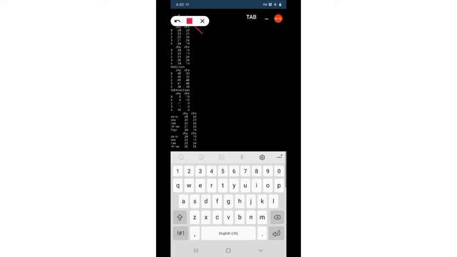Our two data frames are created, these two. Then addition is performed, subtraction is performed. Then we have changed the index values from 0 to zero, one, two, three, four. So all these things are created.